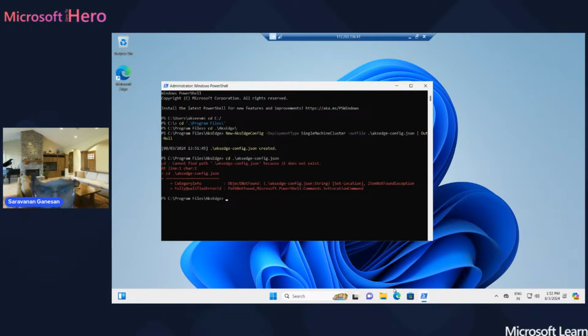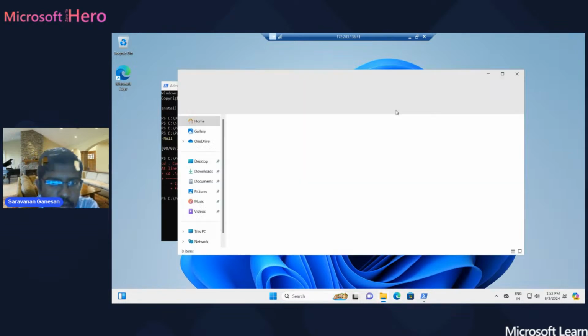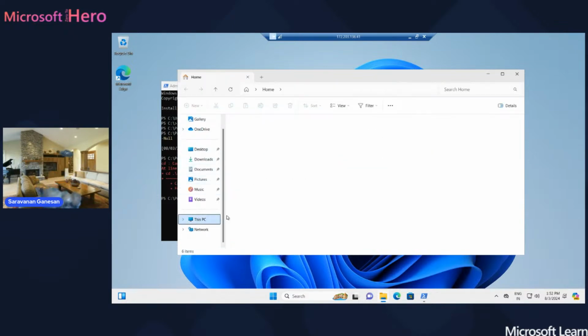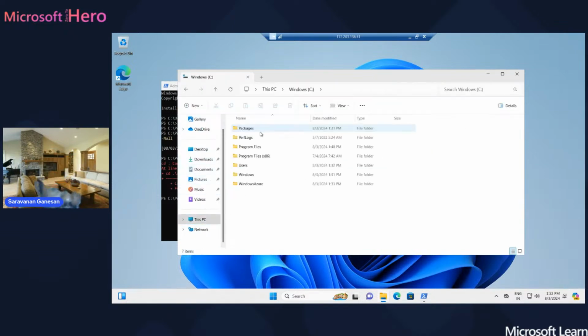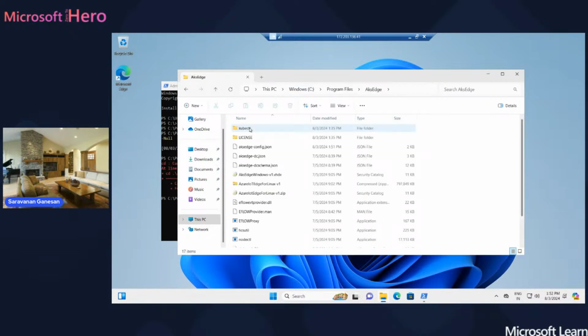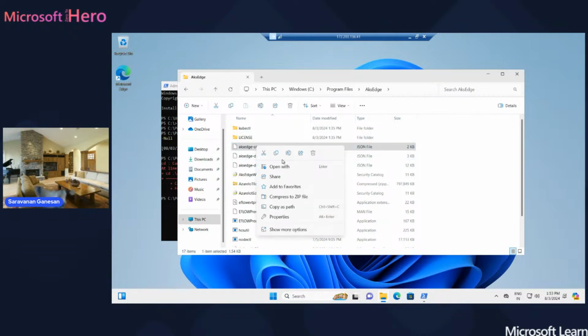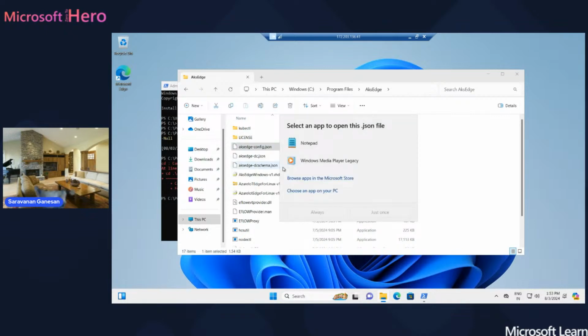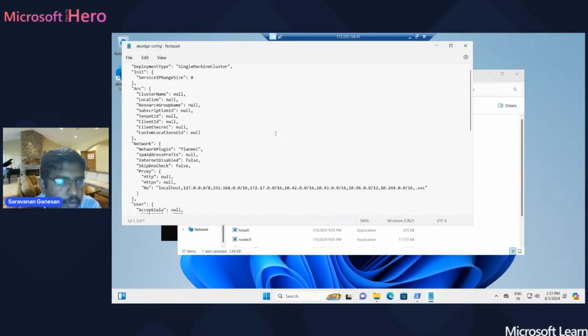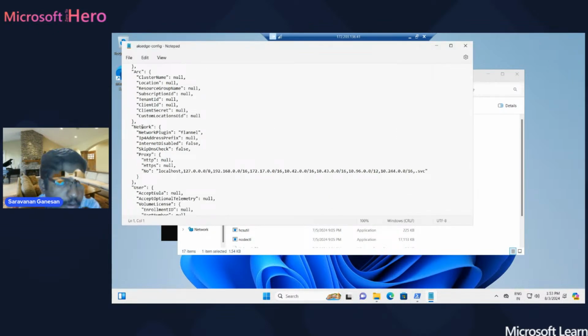Okay, so it's a file actually. So we need to go here and we need to check it out. See the AKS config as well here. I just opened it in Notepad, and if you see here, it contains all the details related to our network,